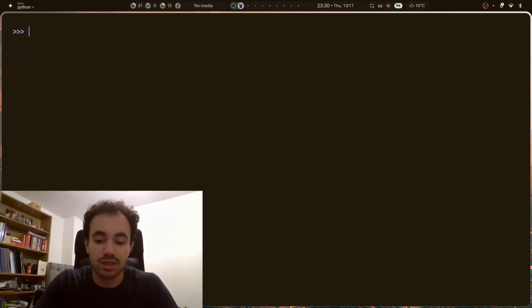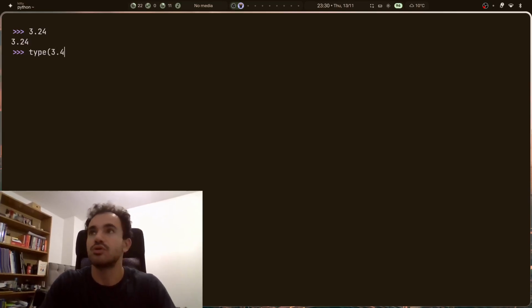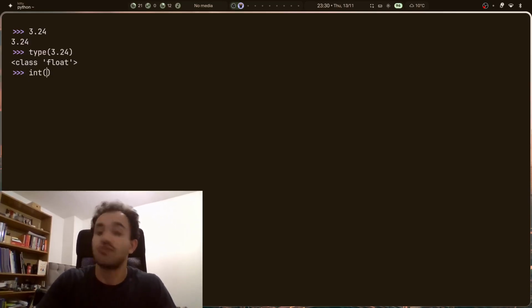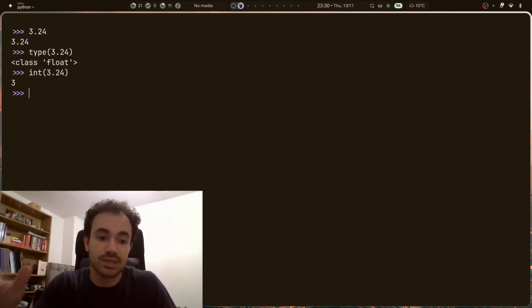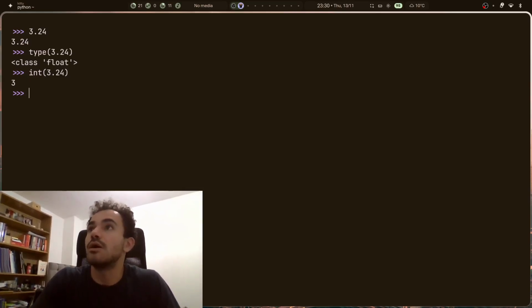We also discussed very briefly that you can force a data type as well. So 3.24 is a floating point. You know that if you do type of 3.24, it gives you a class of float. However, I can force it to be an integer by doing this, and what it does is it rounds it down. That's what it does. You can do the same thing if you wrap it in